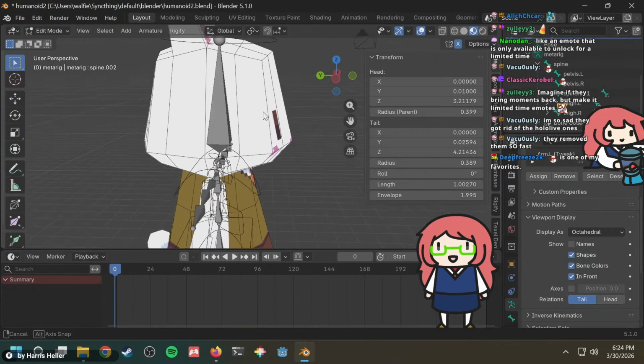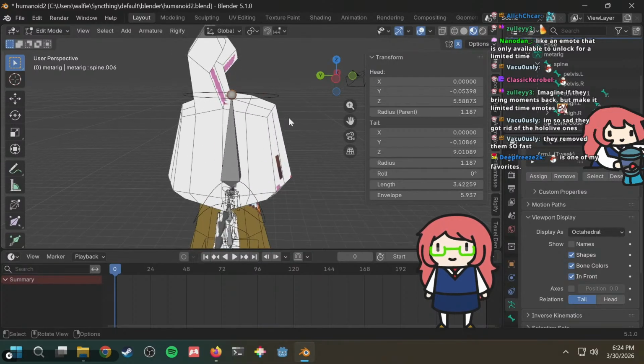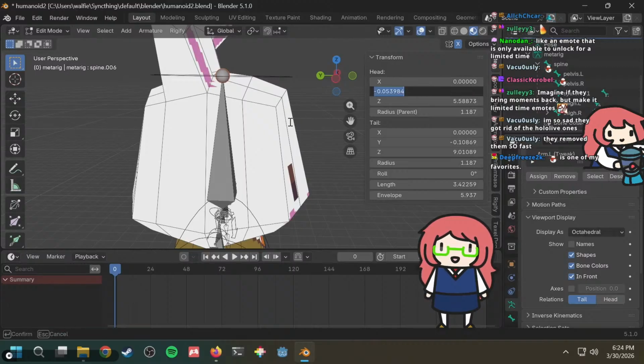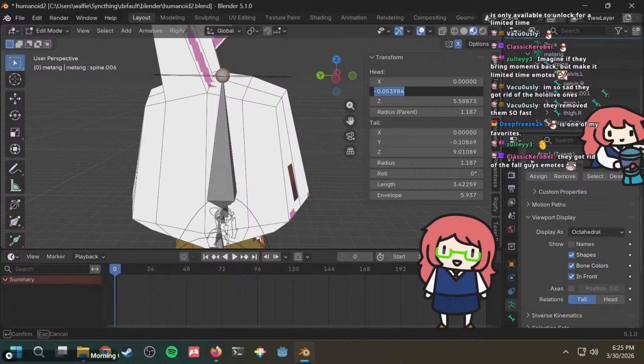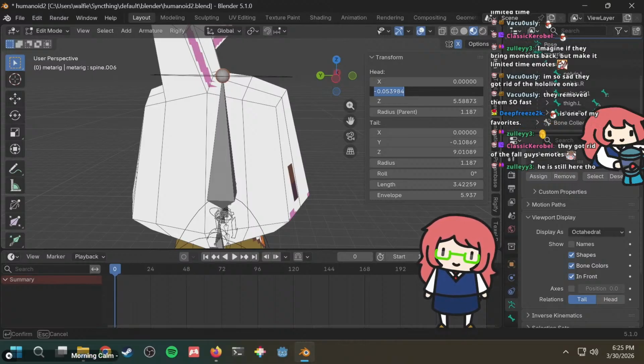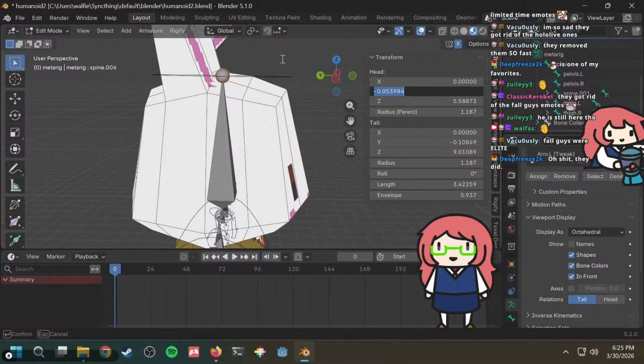Why would they even? They're like, hey, subscribe to Hololive, and you can get this emote for a short amount of time. And it was like a week or something. What? It's still there? Wait, it's still there. Yagoo is still there? Oh, never mind. I guess it is still there. The Fall Guys emotes. The Pikachu eating ramen emote.